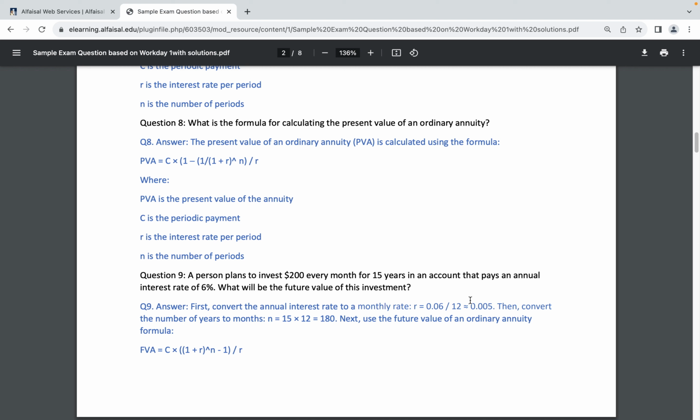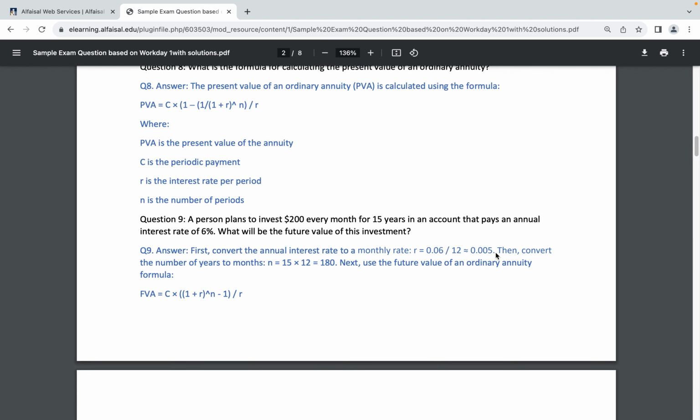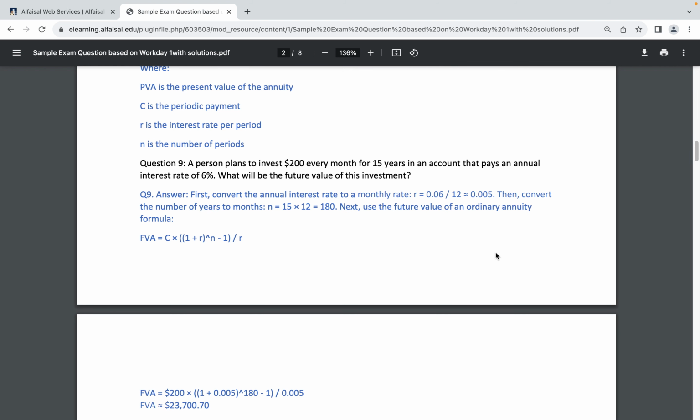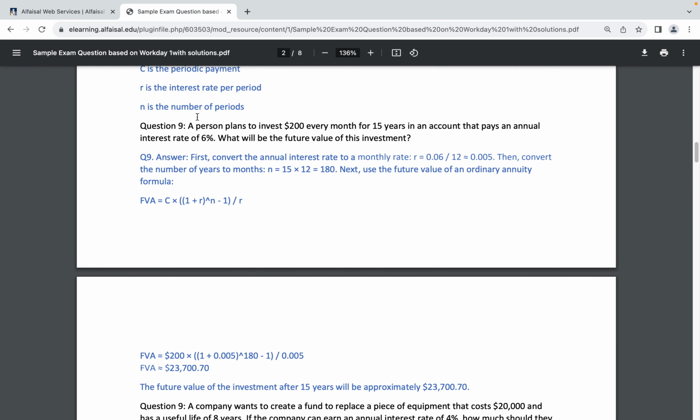So we'll bring ourselves to our first question on annuities, and this is asking you for a future value annuity. Let's have a look at the question and see if we can distinguish when it's a future value annuity question. A person plans to invest $200 every month for 15 years into an account that pays an annual interest rate of 6%. What will the future value of this investment be? It's fairly easy to discern that that's a future value calculation,